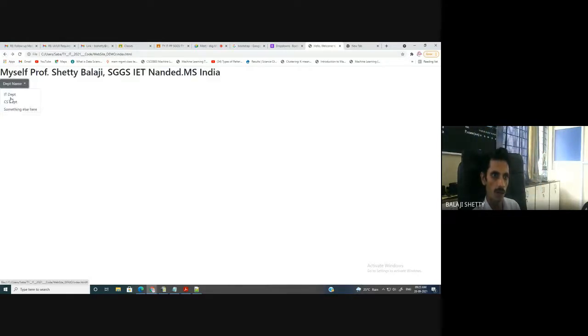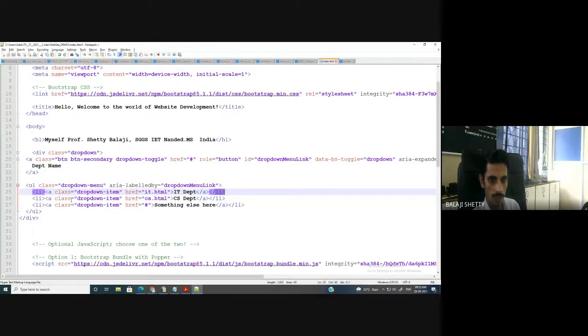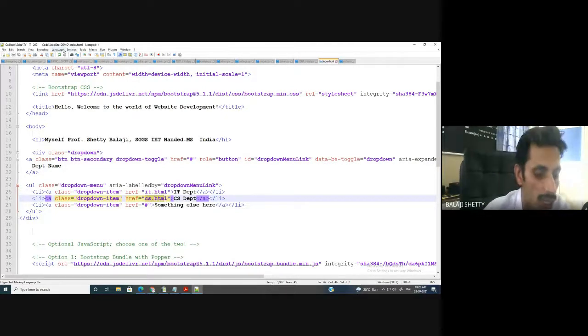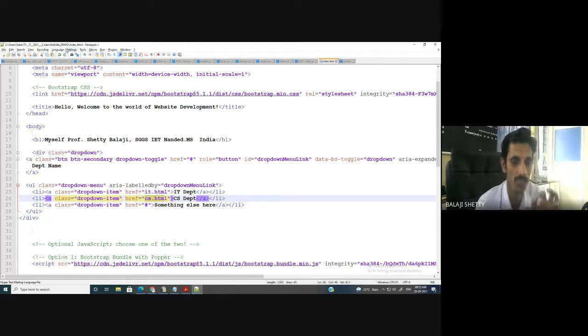When I click on other, I do not get anything because there are no link available. And one more important thing, ca.html is stored where? It is stored in website demo folder. So when he searches the ca.html, it will search in current folder only. Try to understand this.